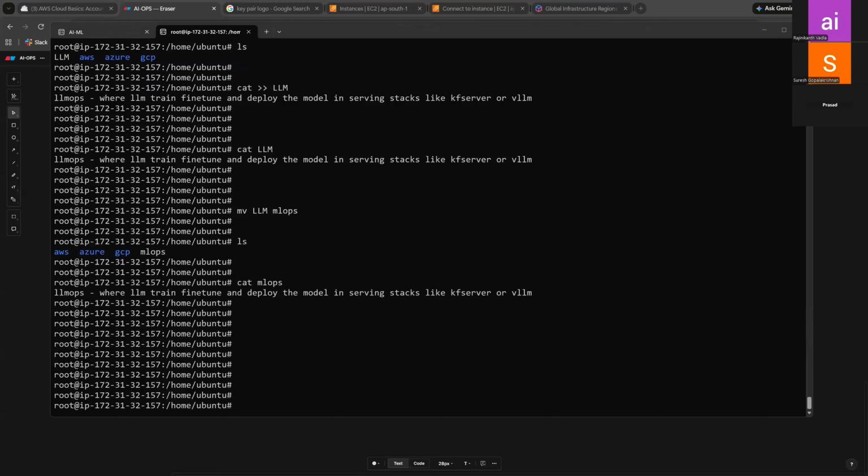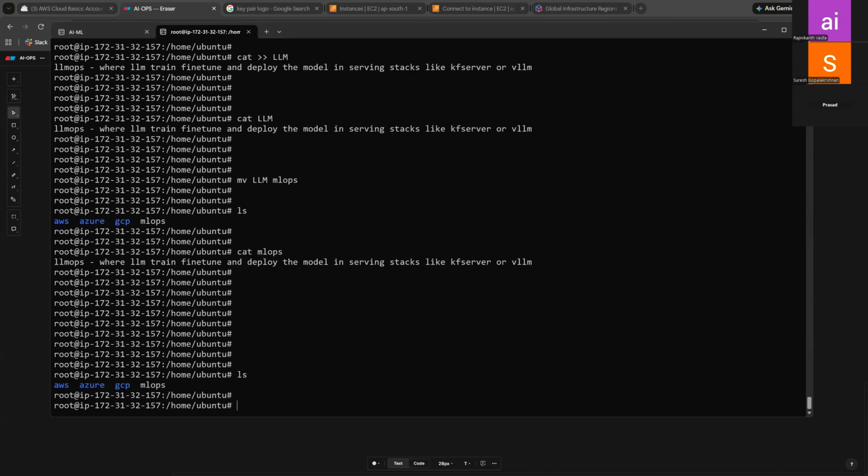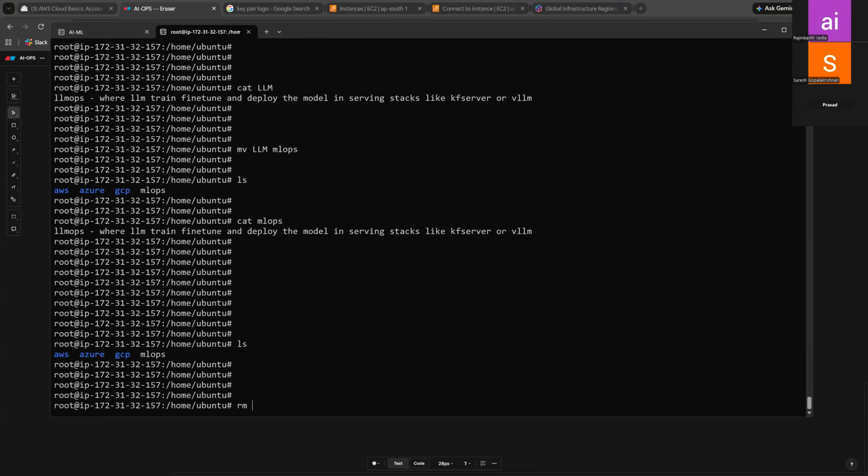Okay. So these are the basic commands that we can use every day for making directories, making nested directories, cat files, and creating files with vi, vim and all. Advanced commands will be there, but still you need to practice these things. For example, I have this file and I just wanted to remove this file. I wanted to remove a folder or a file.